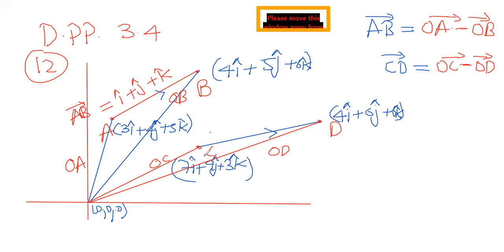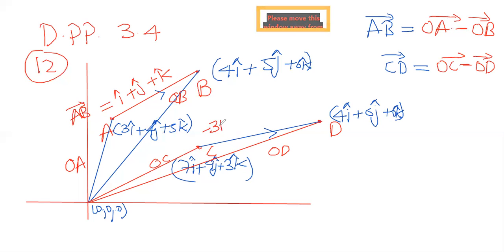Similarly, we have to find this. So D, 4 minus 7. We have to be very careful. So I am subtracting B minus A. That's no problem. Negative sign we need not worry about. OA minus OB or OB minus OA, I am just subtracting bigger minus smaller. That is not at all a problem. Sign convention will not give any problems. 4 minus 7 or 7 minus 4, you can subtract either this minus this or that minus this. It's no problem at all. From our definition, it is like this. Here, big one minus small one. So don't worry why sir is doing it the opposite way. Don't think like that. 4 minus 7,